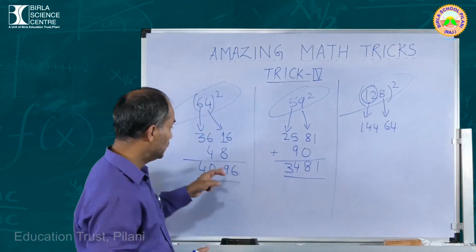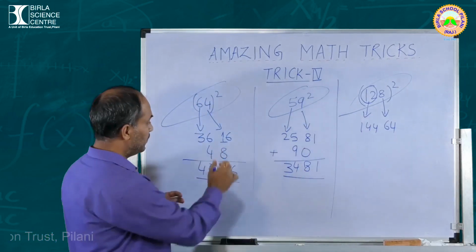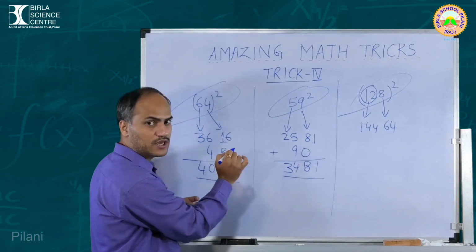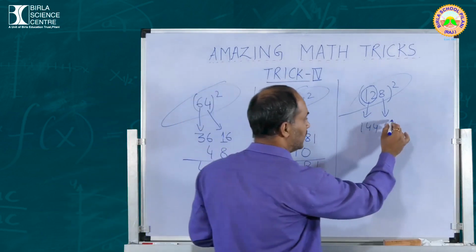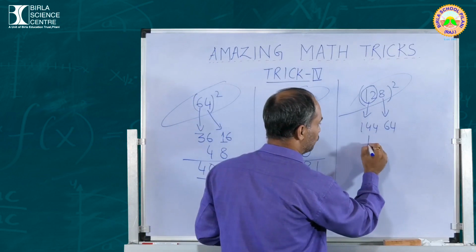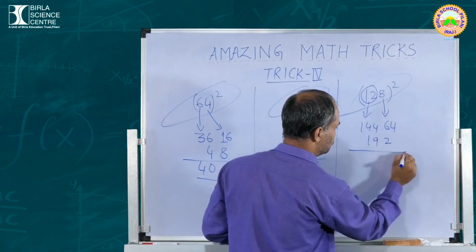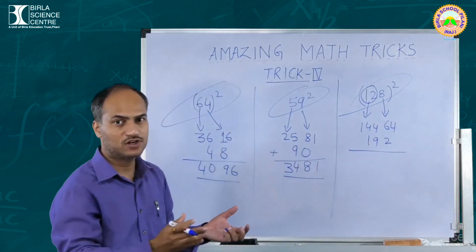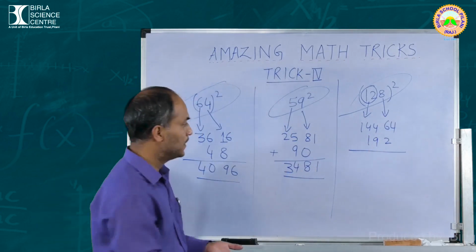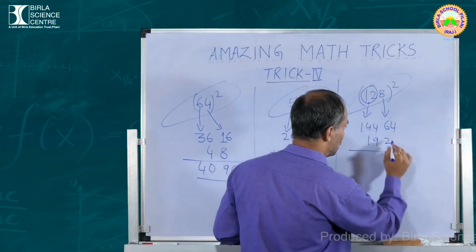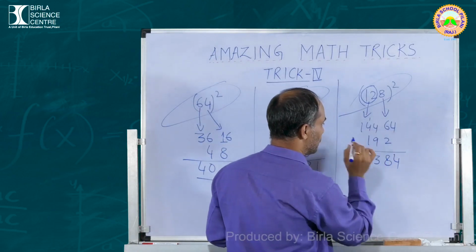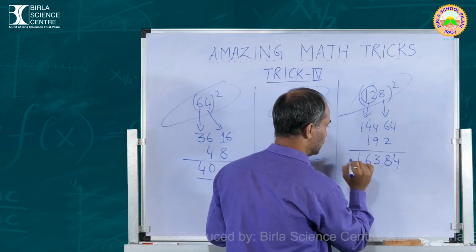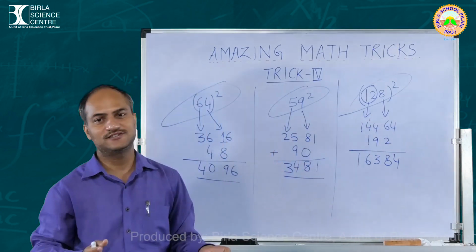But remember guys, in which manner we wrote here? We have left one digit. It means the units place we left. So here also we are leaving the units place. So 192 we are writing here. So what is the answer? What is the next thing? We have to add. So quickly adding 4, 6 and 2, 8, 9 and 4, 13. Here carry 4 and 2, 6. So this is the answer.